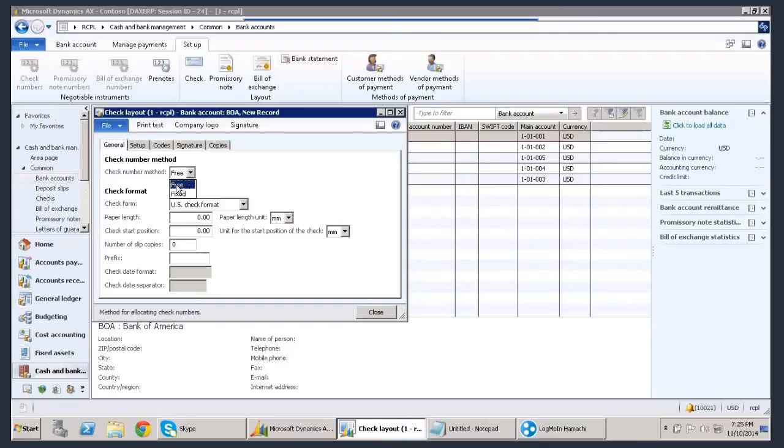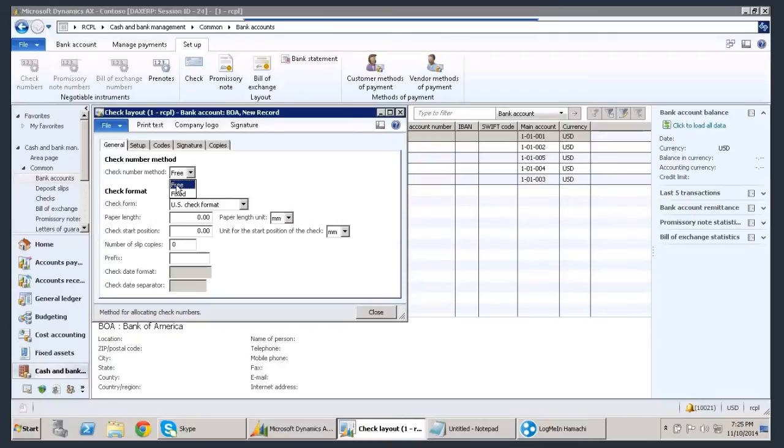But what is this free check and fixed check? Fixed check means you have a check and you have all the details pre-printed on the check. In the fields you are just going to update the details and give the check to another person.